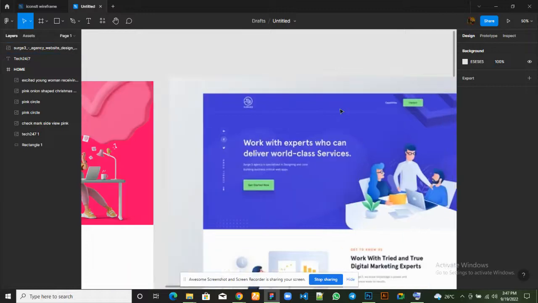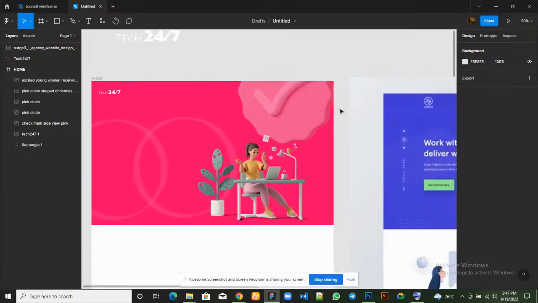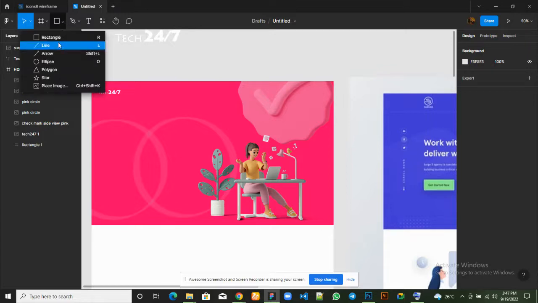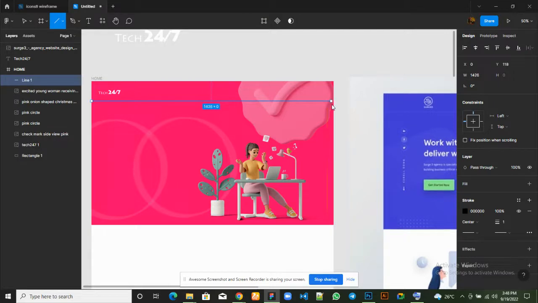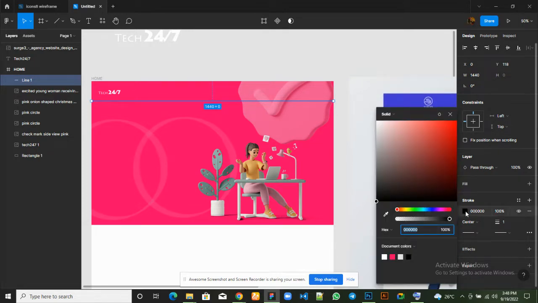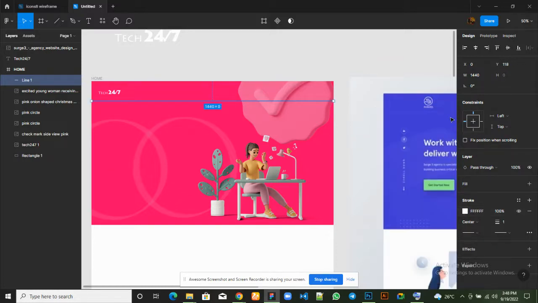We have a line. So let's go ahead and get that line using the line tool. We hold shift and we drag. The line is black but we want white, so click on the color icon and change to white. Yep. And let's try to increase the stroke. Let's give it a 2